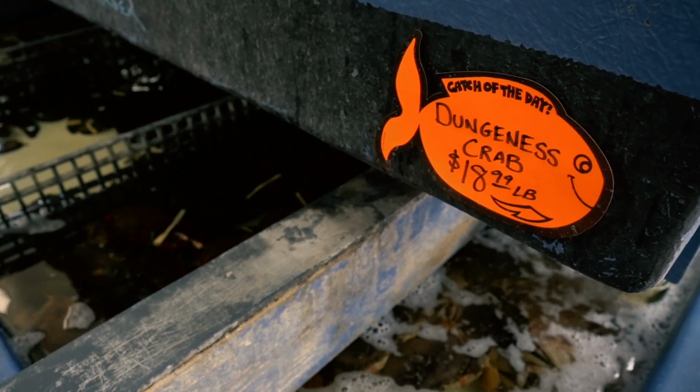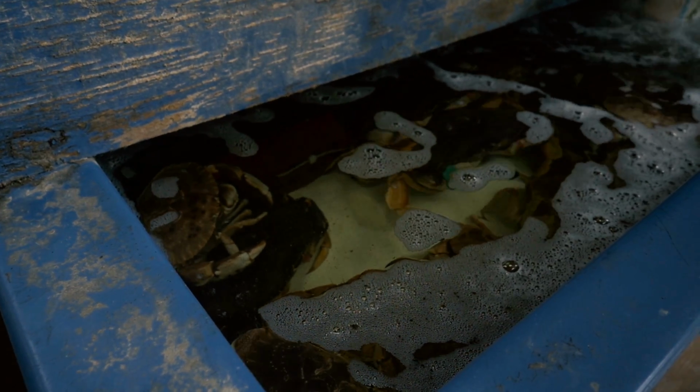Because of Boston's rich maritime history, seafood is plentiful here, and it's almost always really, really good. And the fishing and shipping industries mean that Boston also has a very rich